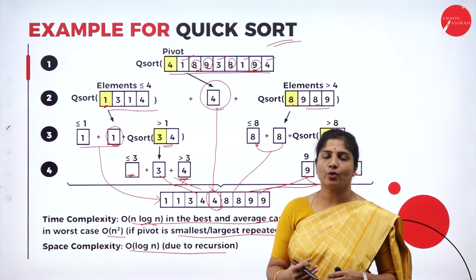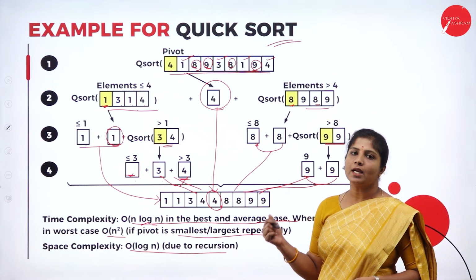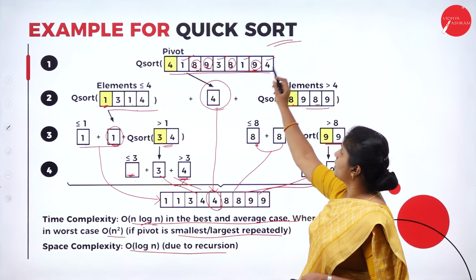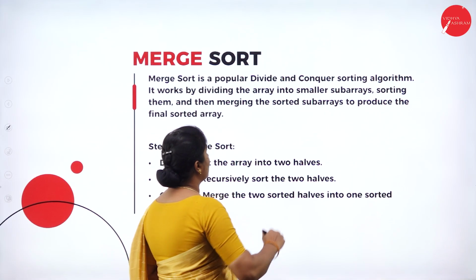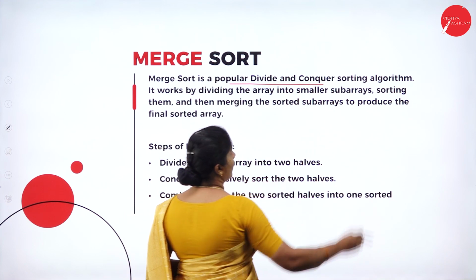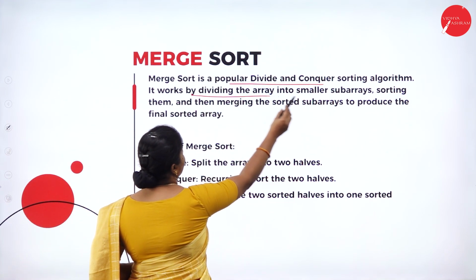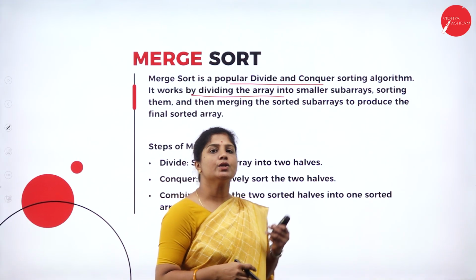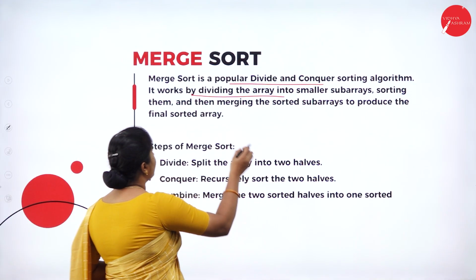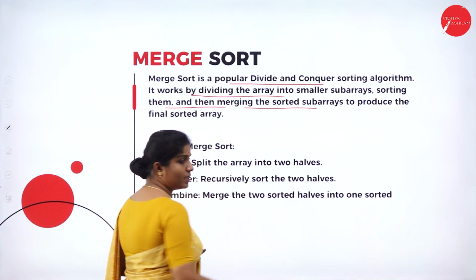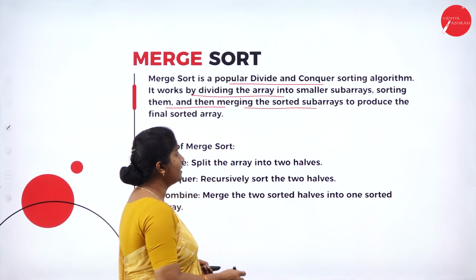So this is how we are going to sort a given array using quick sort. Okay. So next we have merge sort. It is also a popular divide and conquer sorting algorithm. It works by dividing the array into smaller subarrays and sorting them, then merging those sorted subarrays to produce